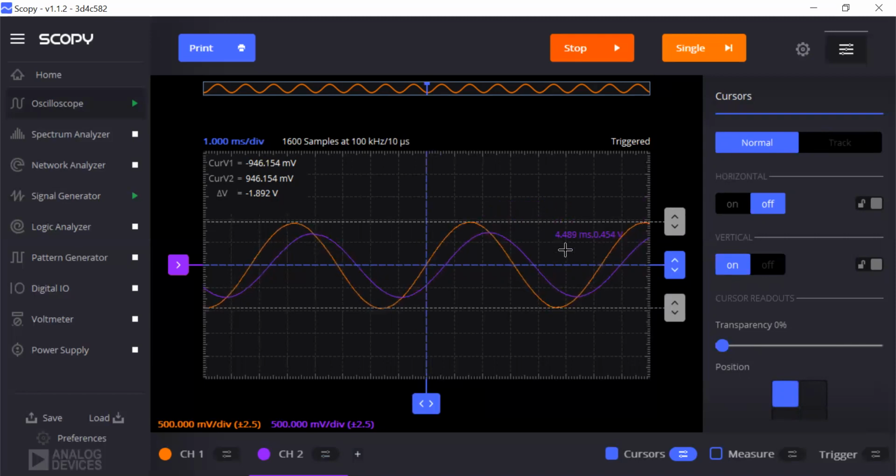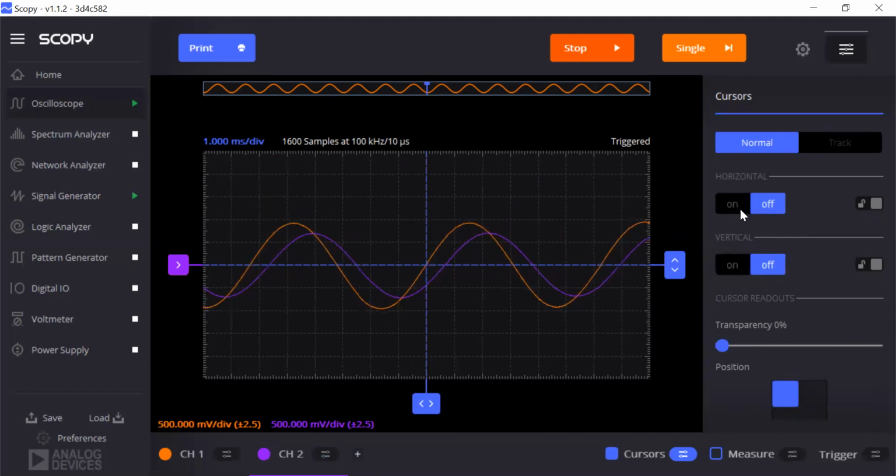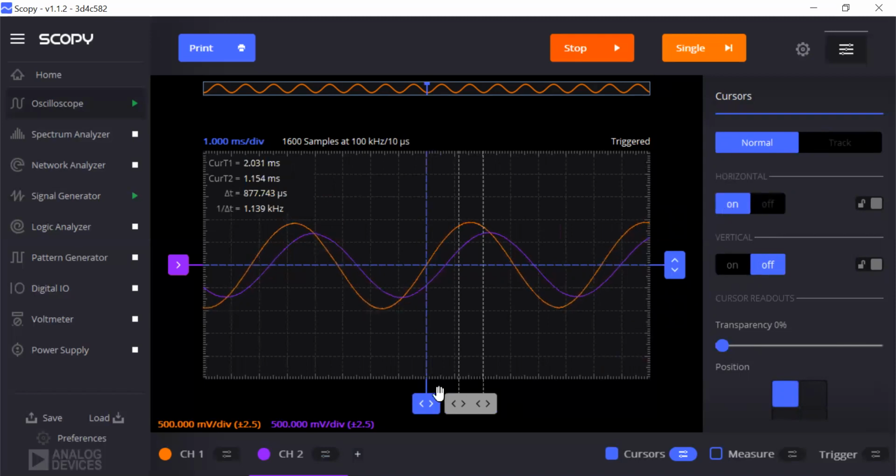So there we can get the amplitude using vertical cursors. We can turn those off if we want, or you can leave them on. The values are up here on the upper left of our oscilloscope window. So we can turn those cursors off. Oops. And then turn on horizontal cursors. And if we line these up with the peaks, we can get